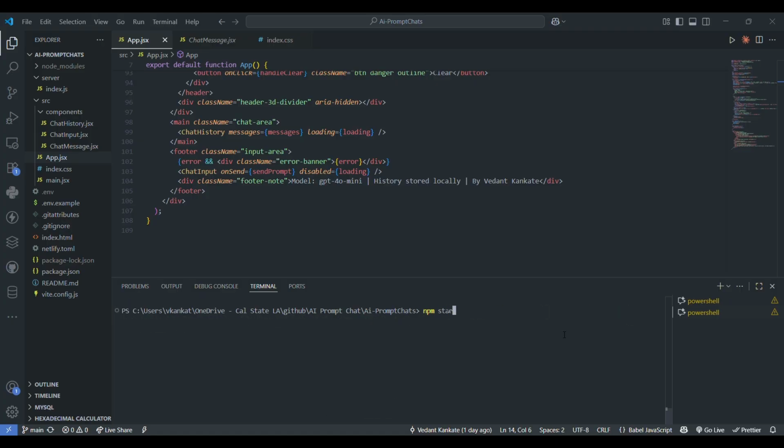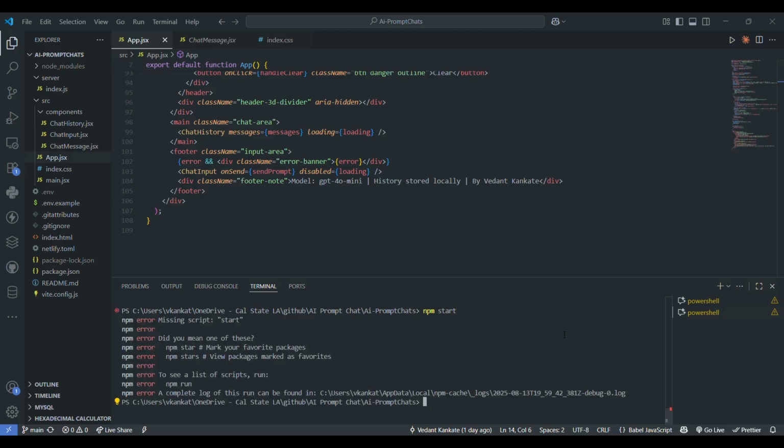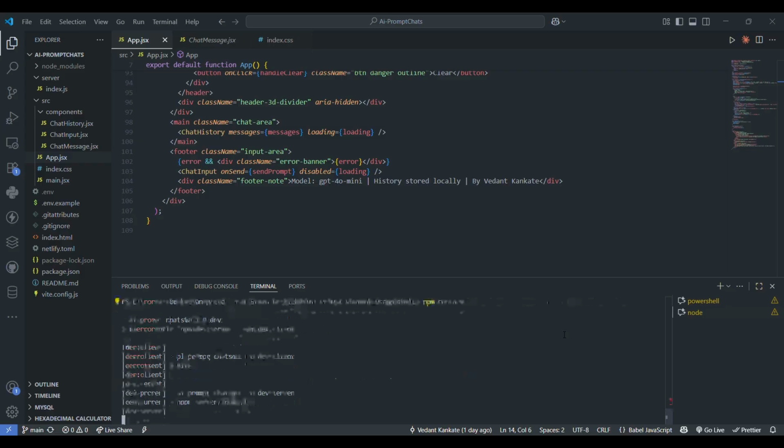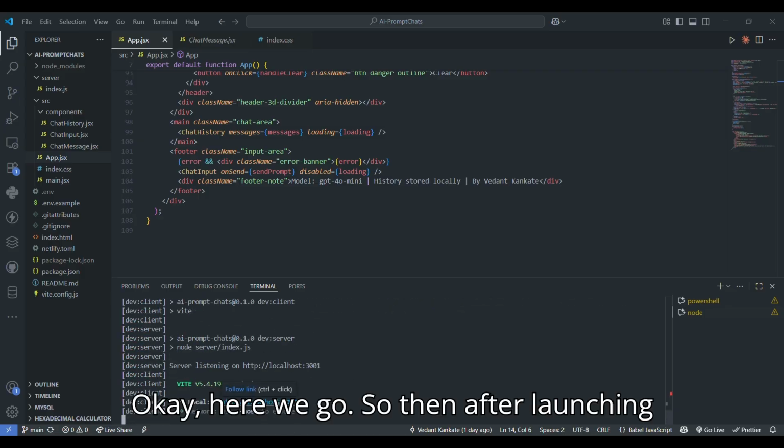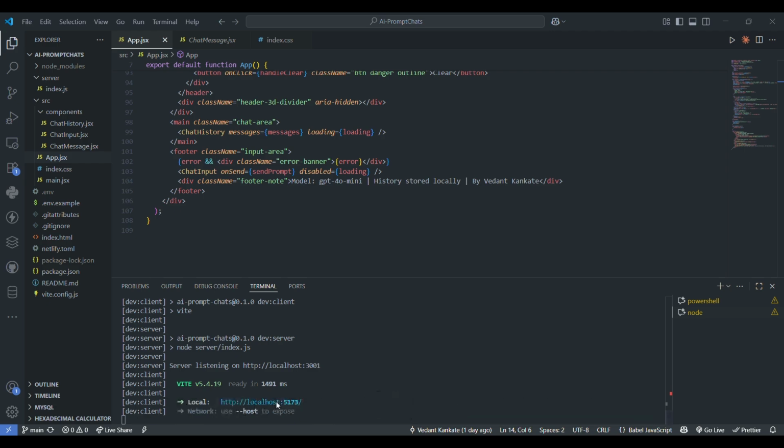npm start, npm run dev. Sorry for that. Okay, here we go. After launching this,